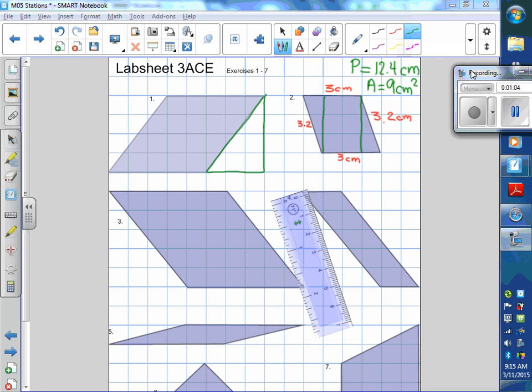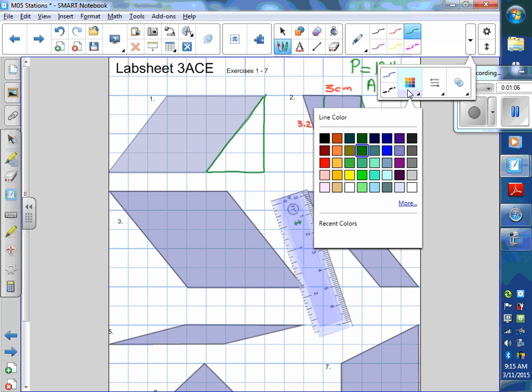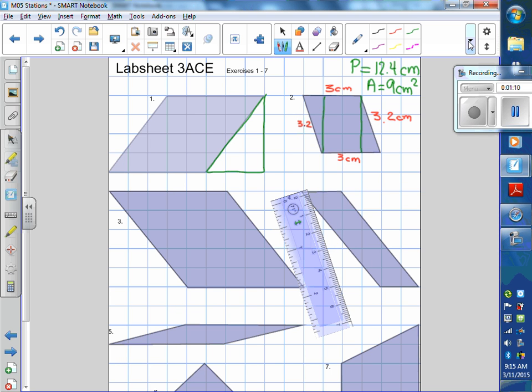an eraser, or in my case I can just take a pen of some sort and get rid of this chunk here, and then count the area of my new figure, which is now a rectangle. That rectangle has an area of 1, 2, 3, 4, 5 by 1, 2, 3, 4, so your area is 20